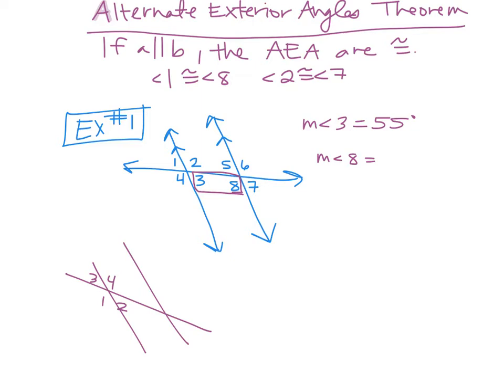If you draw yourself a picture, you can see in this setup that 1, 4, 5, and 7 are all going to be the same. And then 3, 2, 6, and 8 are all going to be the same. So if you ever need to, draw just a really sharp transversal coming through, and you can see a little